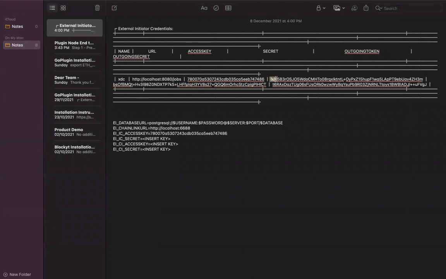Just don't change it. And then copy paste this. Copy paste this. Once this is done, as I said, you can add the export command.